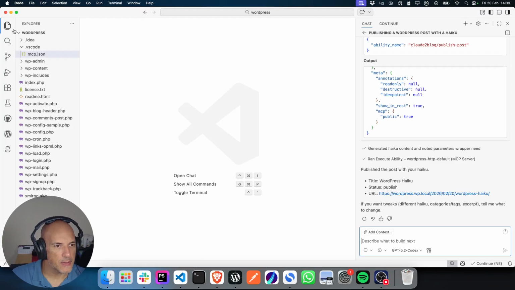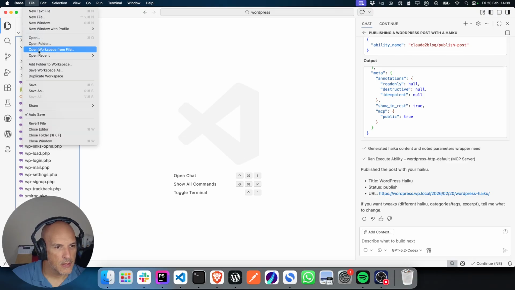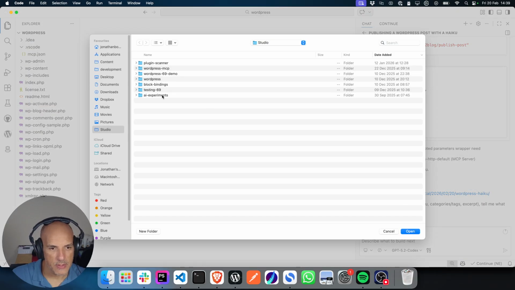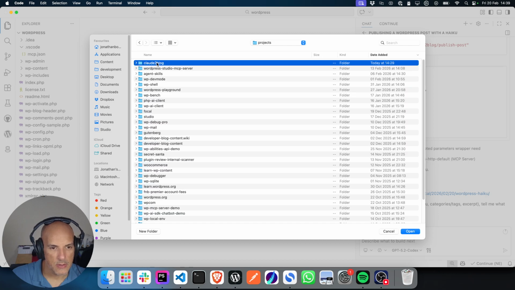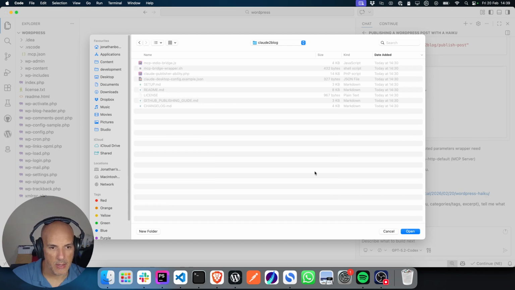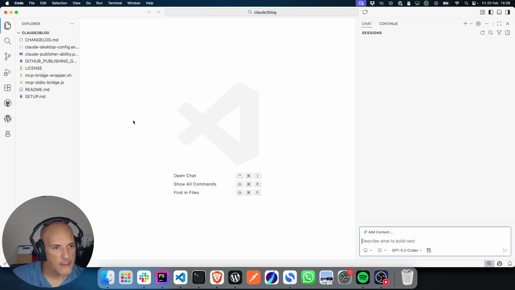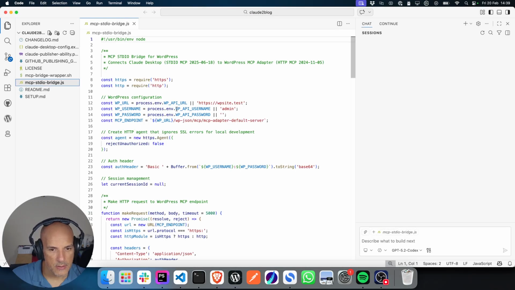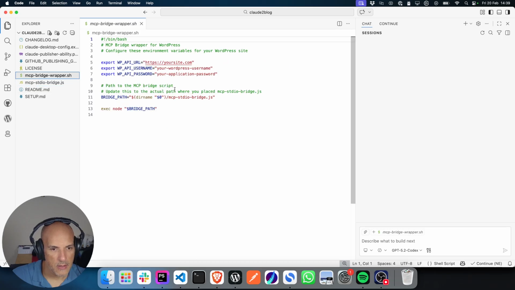So let's open up that in VS Code, just because I like using VS Code when I look at these things. So there's development, projects, Claude to blog. There's the bridge, there's the wrapper. Good. So there's the bridge. Okay, there's the wrapper. Okay, so this is what we need to change. So I'm just going to steal it